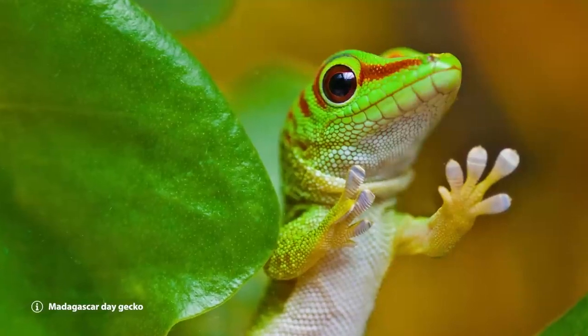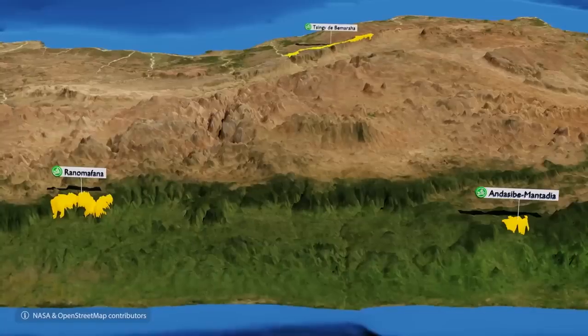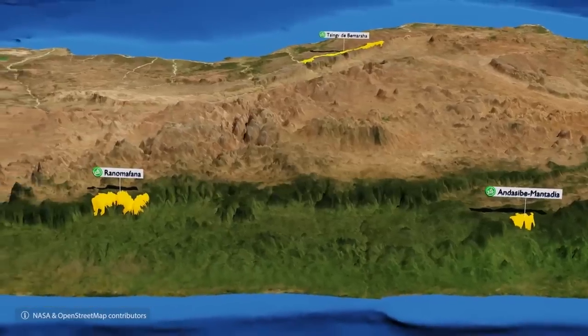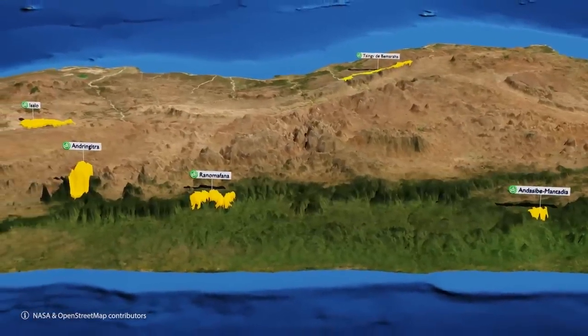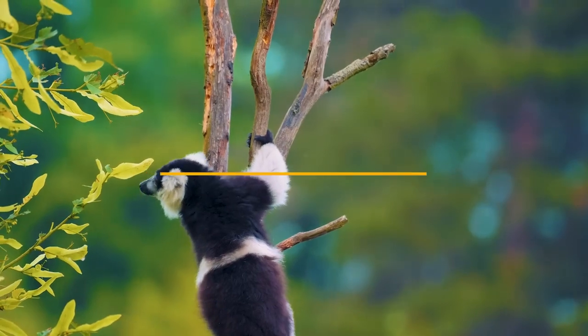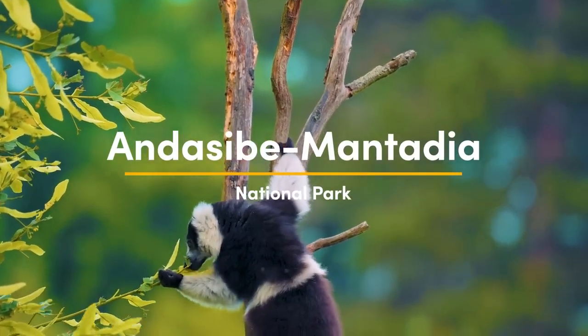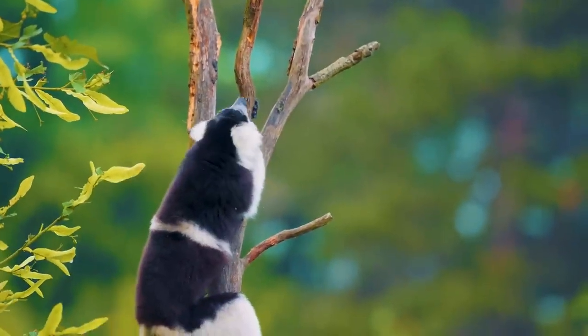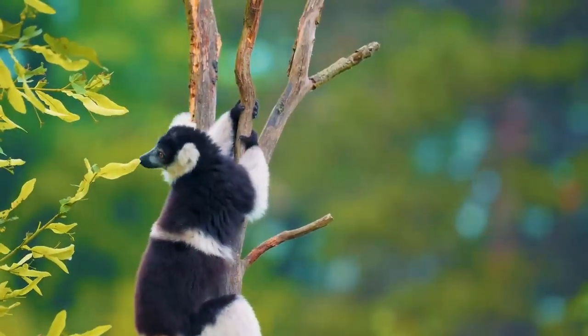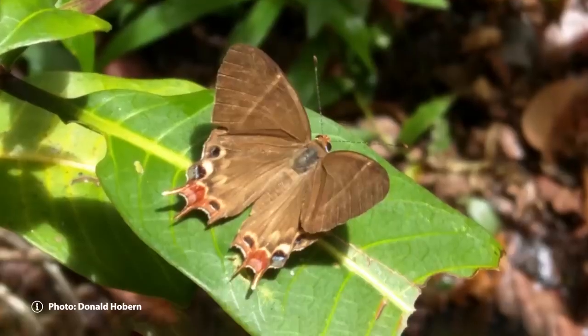Also known as Madagascar lowland forest, this area features 2 more iconic national parks that we'll explore before heading inland to higher elevation. Andasibe-Mantadia is much smaller than both Masoala and Marojejy, but what it lacks in size, it more than makes up